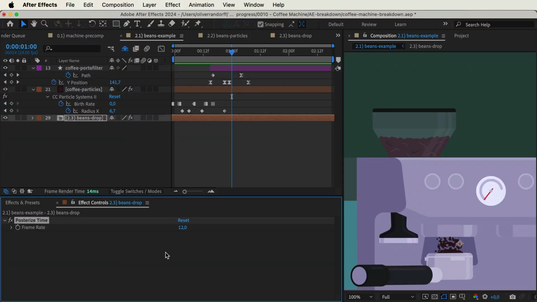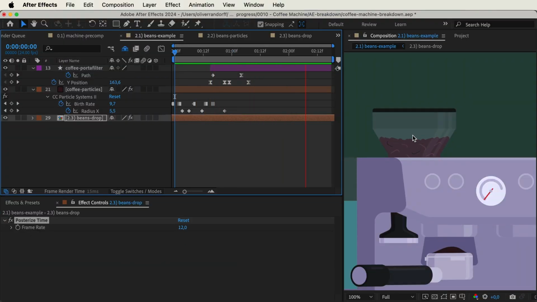So the overall frame rate of this animation is 24 frames per second. So if you want something to be a bit more mechanical or a bit more jagged, you usually lower the frame rate. So we have just lowered it to 12 frames per second. And this just changes the animation from something rather smooth to something that fits more in this sort of style.